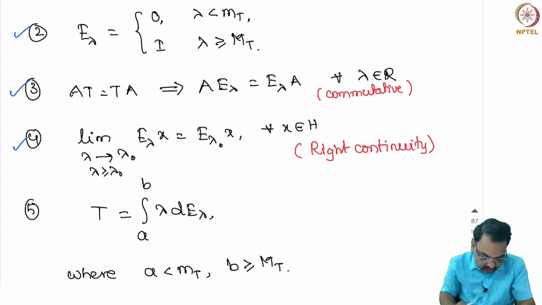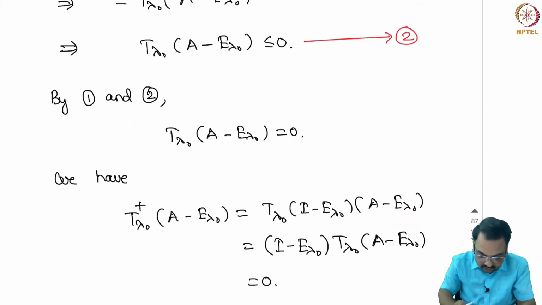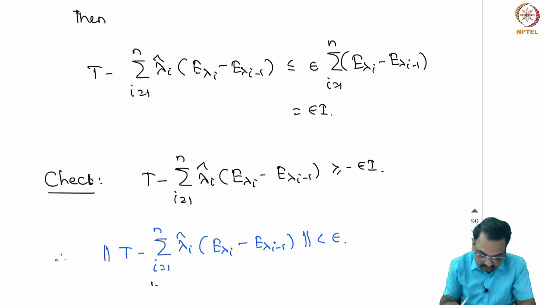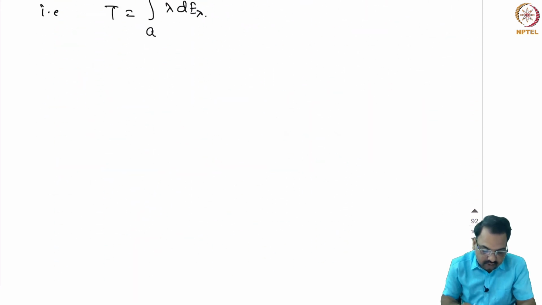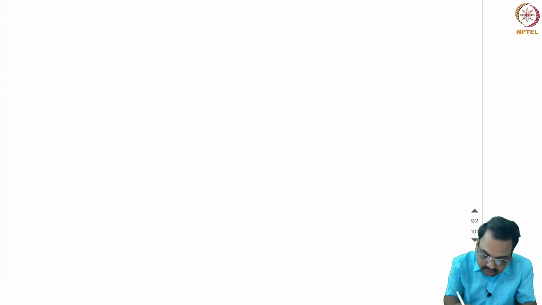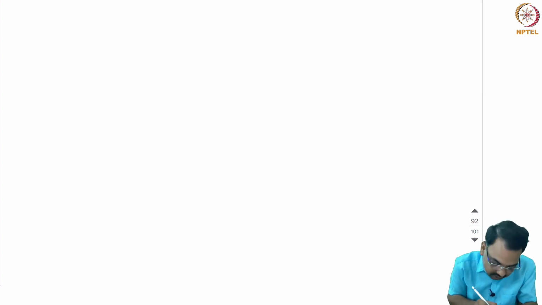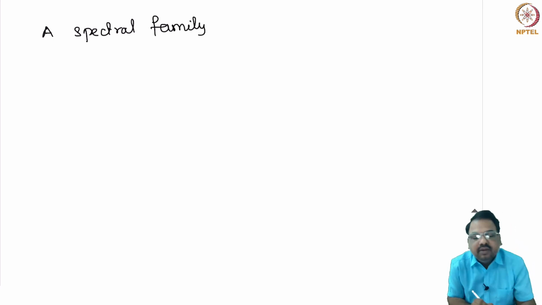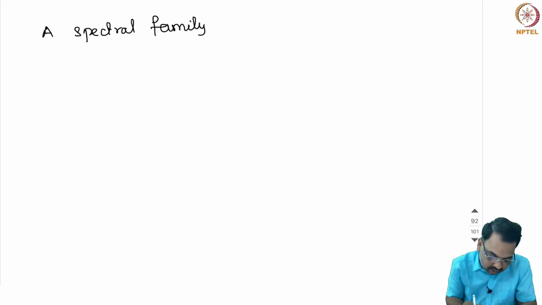By using the fourth condition we can show that if there exists another family of projections satisfying all these conditions, that family coincides with the projection onto the null space of T lambda plus. So we define a spectral family. We have defined a spectral family for a self-adjoint operator. A spectral family for a Hilbert space H